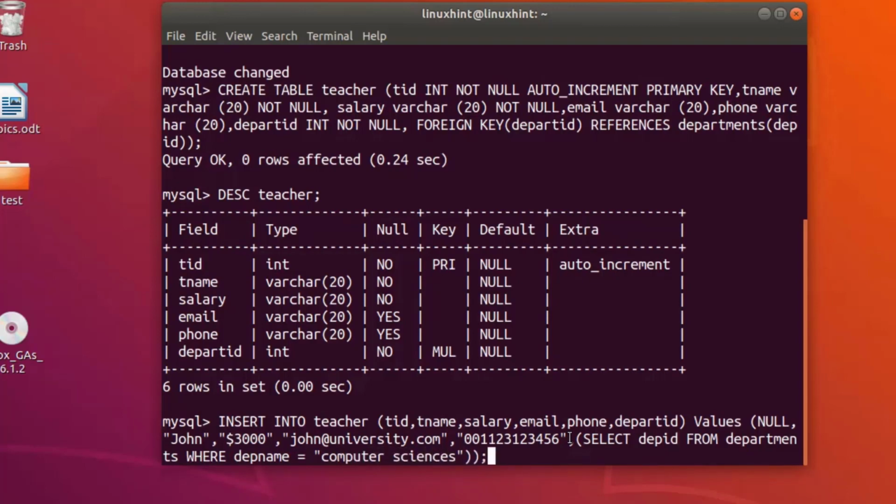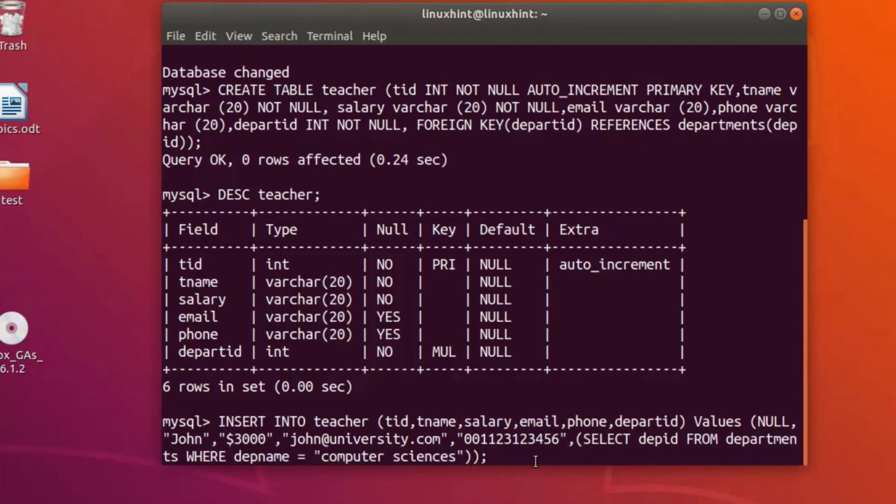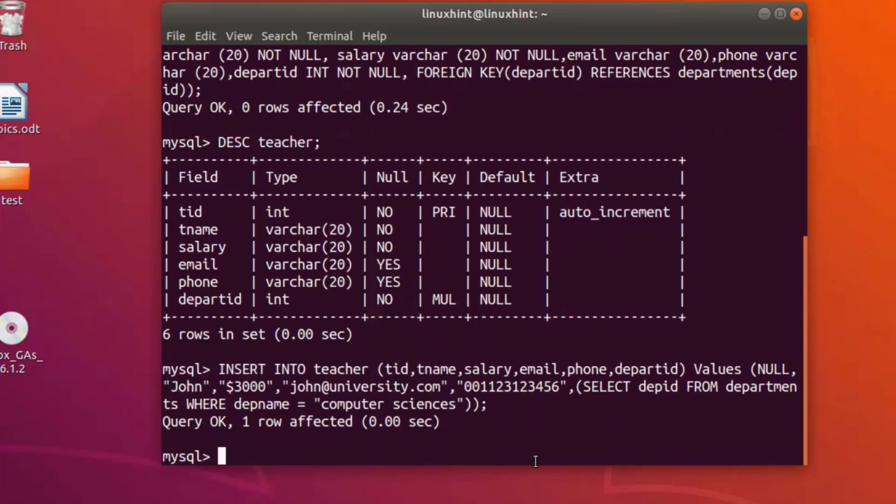Alright, so this is your query and you are good to go. Basically, this part of the query will fetch the department ID and store it into the database table. Hit enter and the query is executed successfully, and you can see that one row is affected. So if I write here